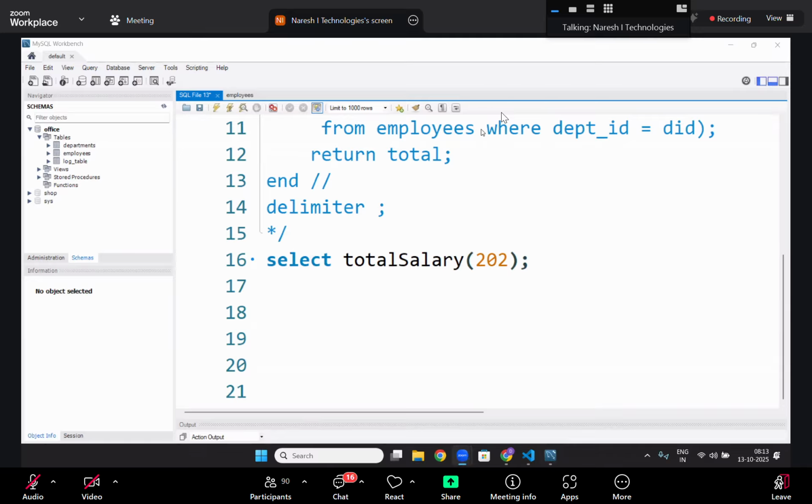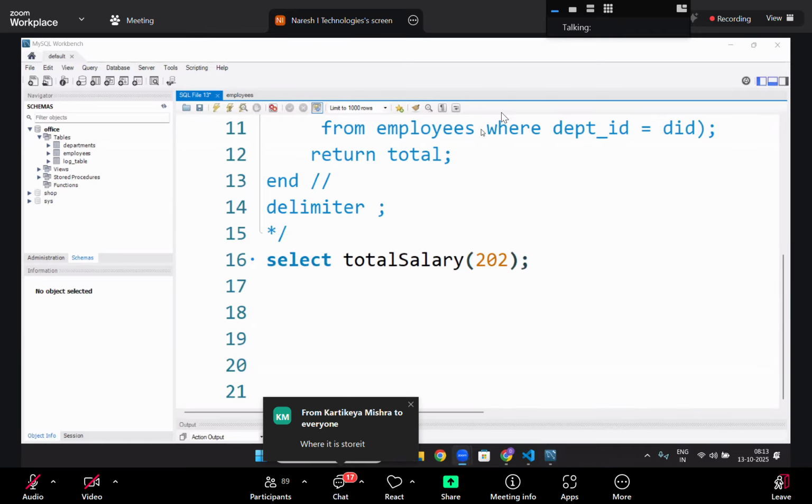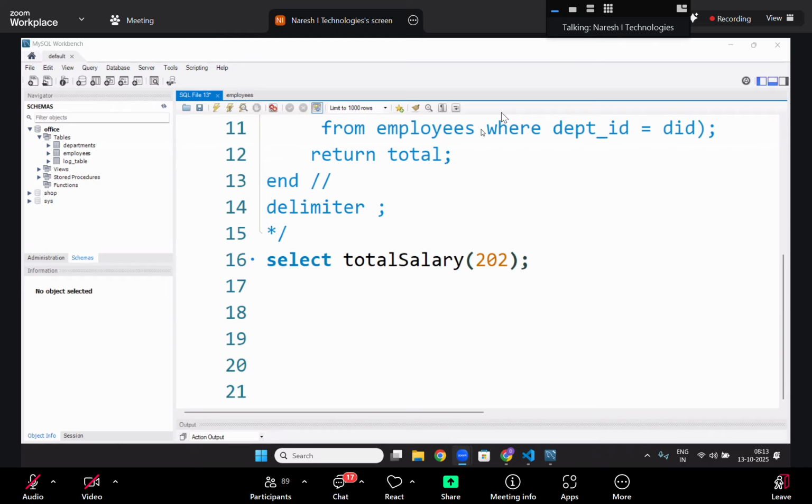I will do one deterministic also. Functions are mainly used for calculations also. Stored procedures, you can't do these calculations and all. Okay. Now,